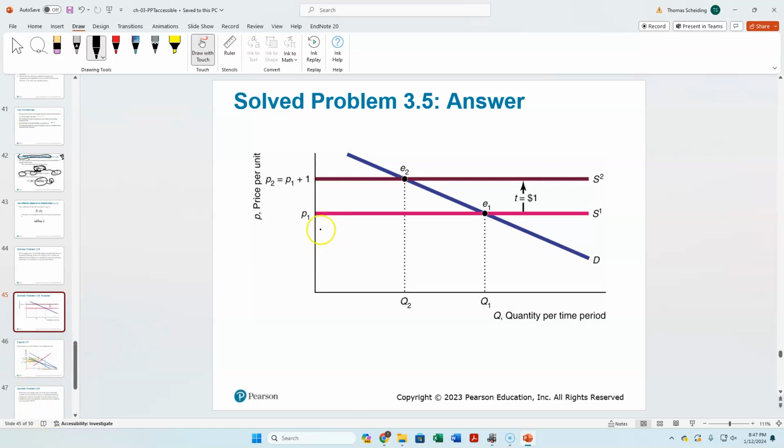And so even if the price were to go up infinitesimally small, they would lose all of their demand. So the producer has to cover all of the